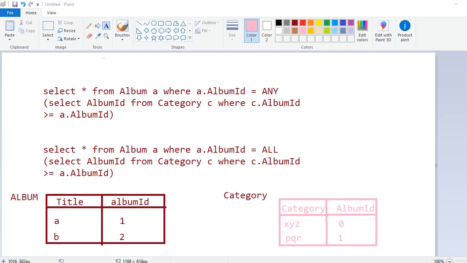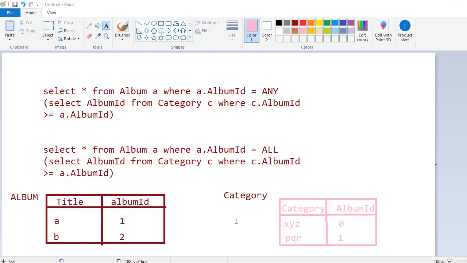Now for ALL, it returns true only if all the checks are true. For the first record of album, we have album ID 1 and it will be matched with both the records of category, because the query which contains the category table is nested.